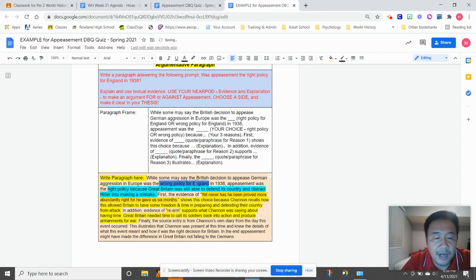You don't need to actually have an ending sentence like I put in there, but it is a good idea to do so. So read that over again and understand that you want to explain and argue towards what you felt was a good idea. Appeasement was a good idea, or was it a bad idea, and give good reasoning. Hopefully that didn't run on too long, but this is definitely a way for you to write and also